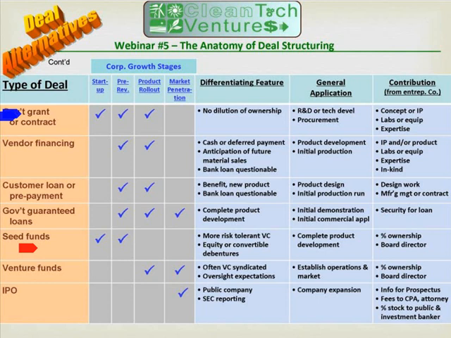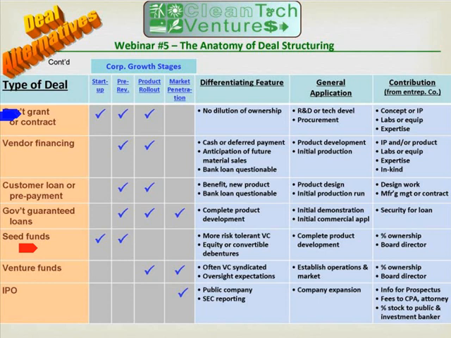It doesn't dilute your ownership, so they don't obtain an equity position in your company for it, and you don't have to pay it back, which is great. After you go through the bureaucratic process of obtaining it and the audit requirements afterwards, you may not feel like it's a gift anymore, but theoretically that's a government gift. And there are groups that will work with you, typically for a fee, on technical writing and the types of things you need to do to get a grant application in and get through the approval process.